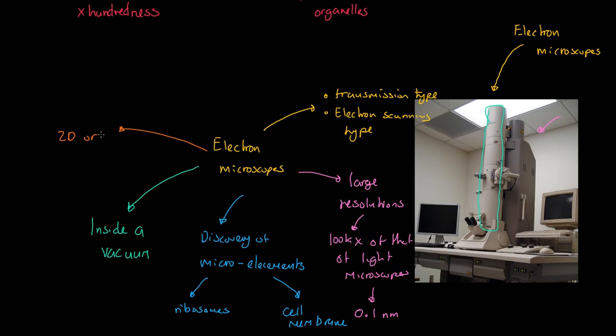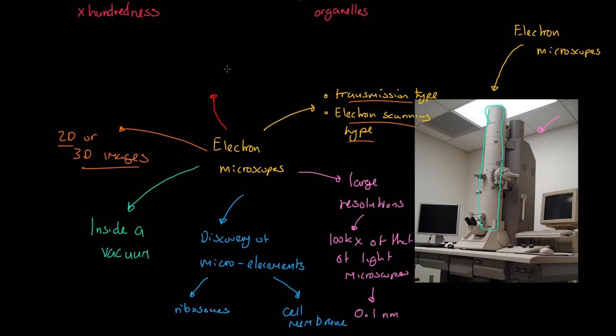Now, they do produce 2D or 3D images. The way I'd refer to that is that transmission type microscopes produce 2D, two-dimensional images. Electron scanning type microscopes can actually produce 3D images of objects, which of course is very, very valuable. But on the downside,